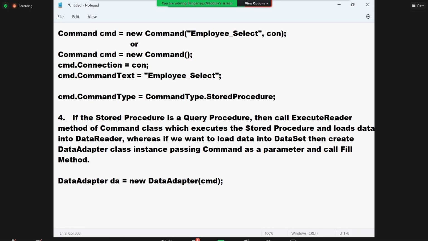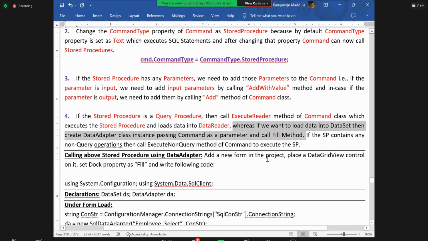Choice is yours. You want to load into a reader? Directly command or execute reader. No, I want to load into a data set. Create an adapter, pass that command and just use it. Is that clear? Whereas if you want to load data into a data set,